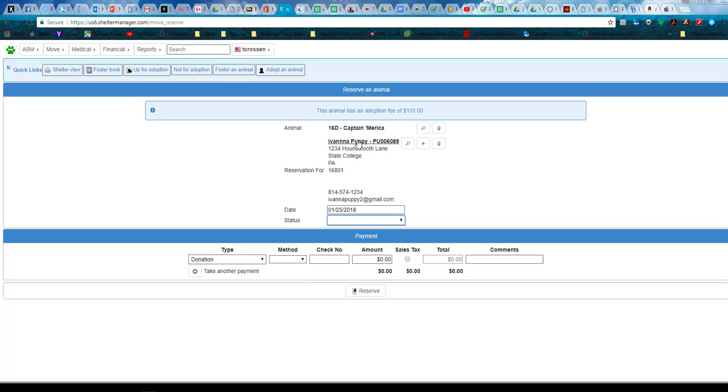If Ivana adopted Captain America, we could type all that information in here as well. Did they make a donation? What was the method of payment, a check number, that kind of stuff. Adoption fee. Method of payment isn't dropping down, so we'll have to check into that. Put in the amount, total,